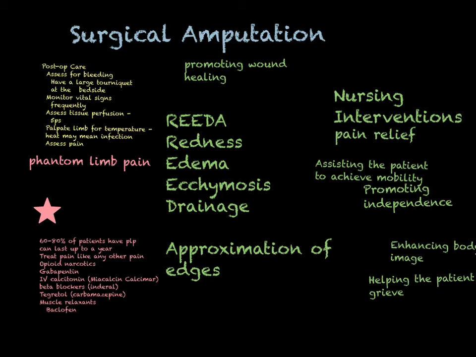When you're looking at any surgical incision, you're going to look at these things. That includes the stump if it was done as a closed procedure. You want to look for redness. Obviously, you don't want any signs of infection, but if you see them, you're going to report them as soon as possible to the provider. You're looking for edema. You really don't want this person to swell, and we'll talk about edema in a little bit.